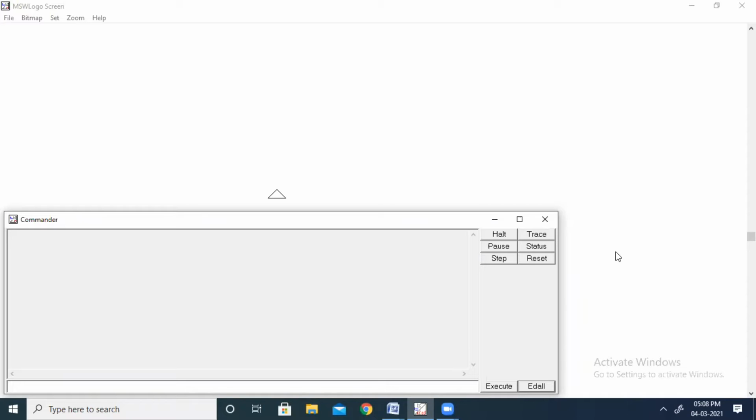So let me explain what a procedure is. A procedure is a set of tasks which you perform to complete a particular task. For example, if I told you to switch on a computer, what would you do? You will perform certain work, and only after that can you switch on your computer. You are not going to switch it on directly. So the steps you follow are known as a procedure.